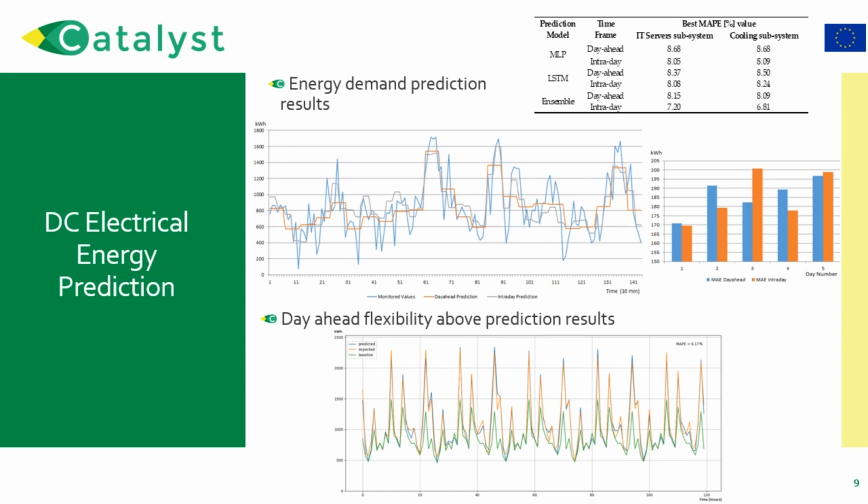The first chart shows the energy demand predictions for day-ahead and intraday models plotted against the actual monitored data at a 10-minute sampling rate over the fourth day of test data. The table on the top of the slide presents the prediction results for the DC electrical energy consumption of the IT servers and cooling subsystem. During this test day, the mean absolute error between the day-ahead forecast result and the monitored data is 191.42, while the mean absolute error between the intraday and the monitored data is 179.42, meaning that on average, the prediction is better with about